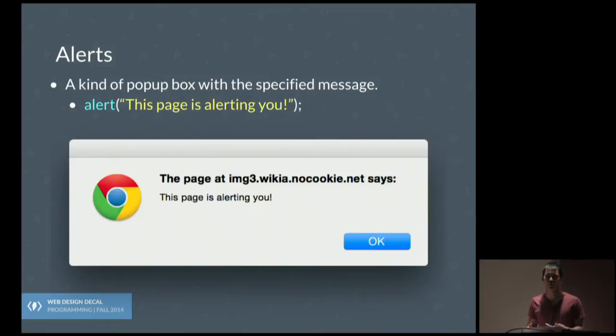But it's a function, basically something that takes in a value and then does something. In this case, the value that I've given is this message in quotes here, and this page is alerting you. If you wanted to, you could try this out on your own using the JavaScript console within the web inspector. So make sure you type it in just like this. And what should happen is that the page comes out with one of these classic alerts that you have to close. But that's actually how these are done.